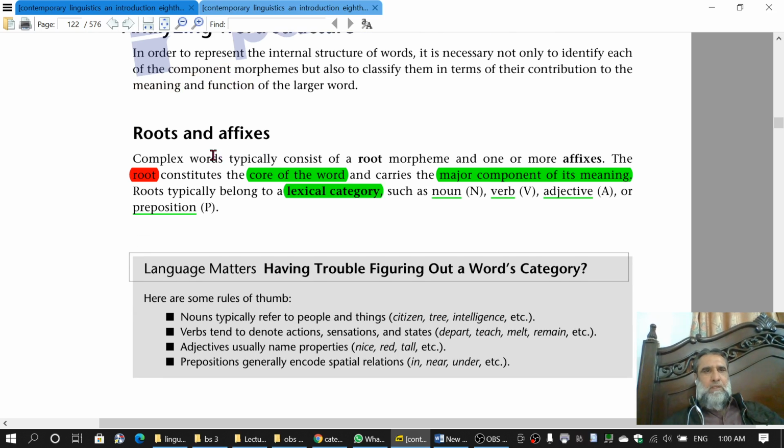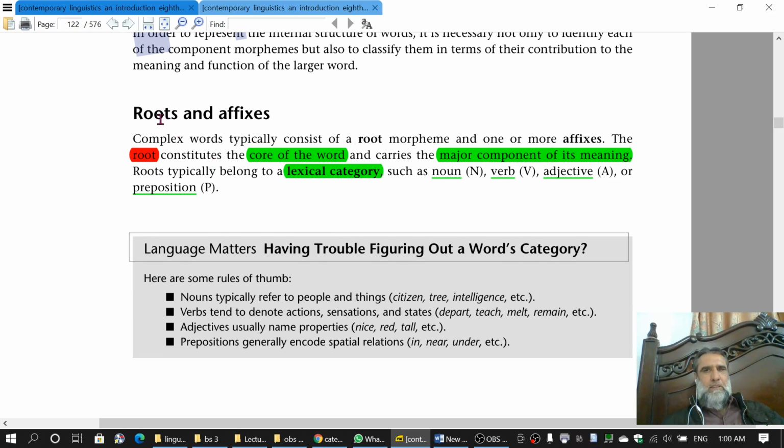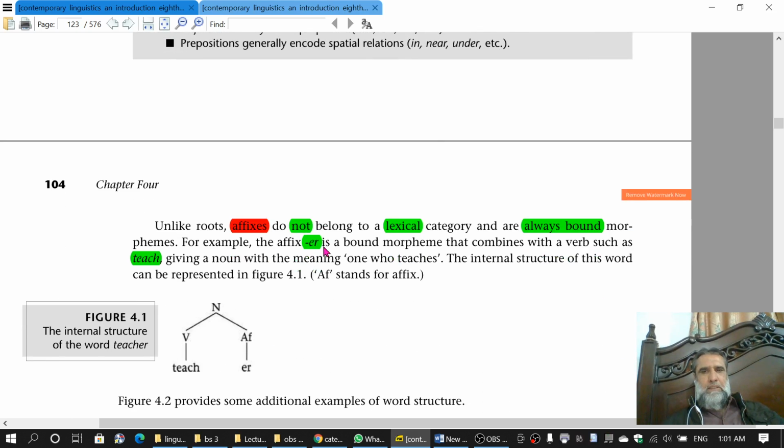तो इसमें से रूट्स और एफिक्सेस दोनों मार्फीम्स ही हैं, लेकिन रूट ऐसा मार्फीम है जो मीनिंग में ज़्यादा हेल्प करता है और ये कोर ऑफ द वर्ड यानी लफ्ज़ का मरकज़ी हिस्सा होता है और ये लेक्सिकल कैटेगरी से बिलोंग करता है. लेक्सिकल कैटेगरी से मुराद ये है कि ये नाउन होगा, वर्ब, एडजेक्टिव या प्रीपोजिशन होगा. इसी तरीके से